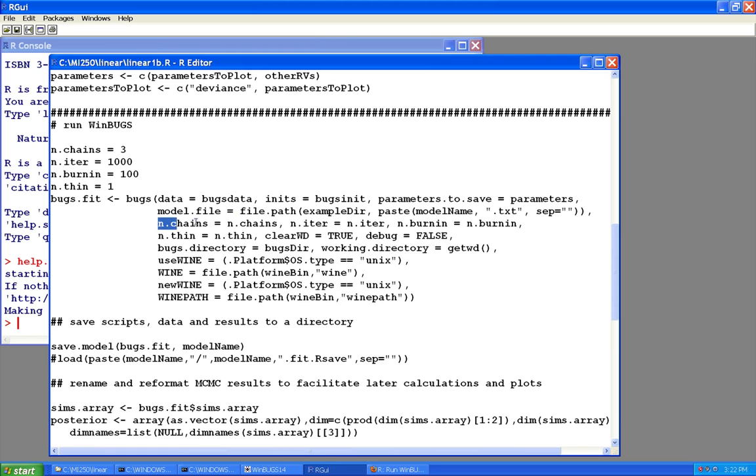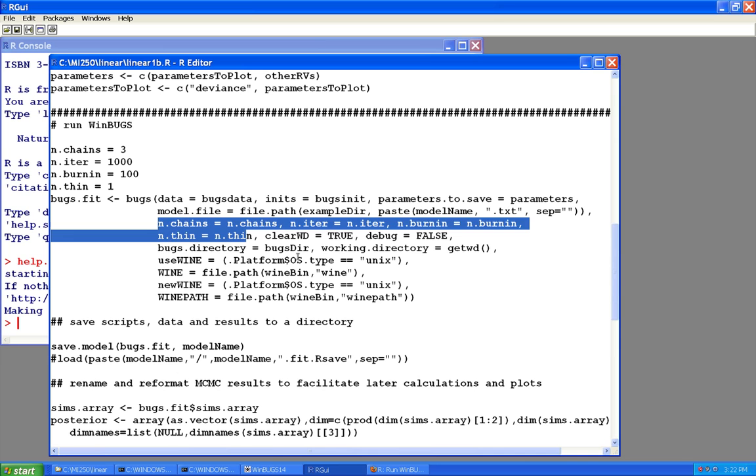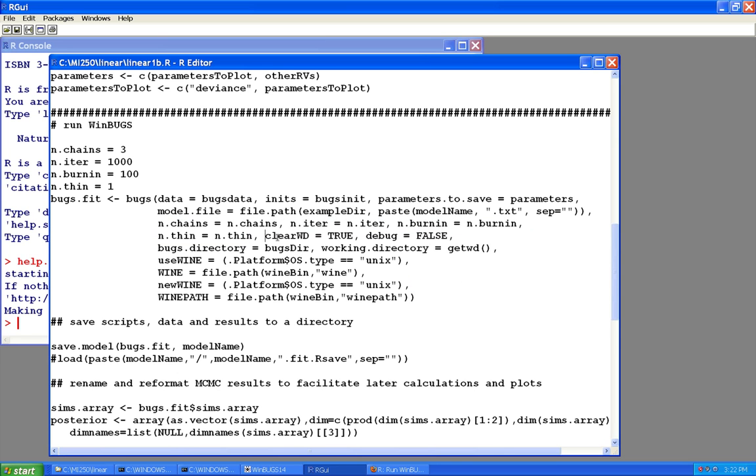So in here I'm specifying number of chains, number of iterations, number of burn-ins, thinning, and so on. And I've got the defaults here where I've got clear working directory true and debug equals false. In here, I specify my bugs directory, which was defined up near the top of this file. And the working directory is just going to be the current working directory, which you can get using the getwd